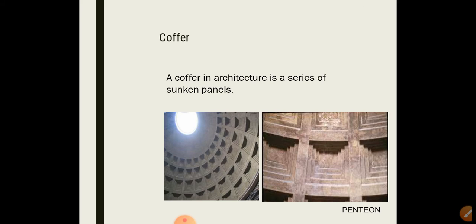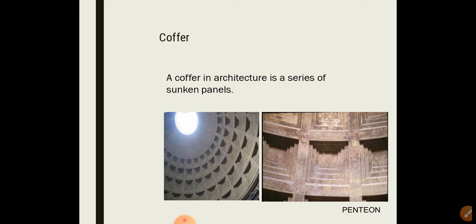So in domes, how do we define a dome? A dome is an element of architecture that resembles the hollow upper half of a sphere. A dome is a rounded vault made either of curved segments or shells of revolution, meaning an arch. It is an arch rotated around its central axis. A masonry dome produces two types of forces, thrust downward and outward.